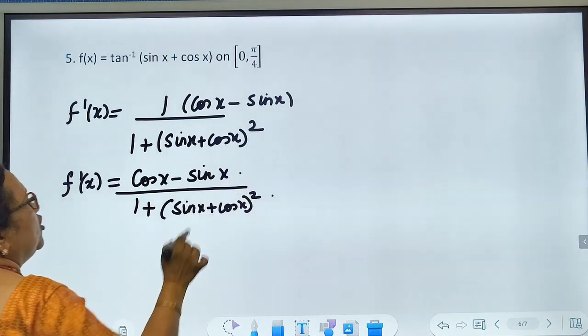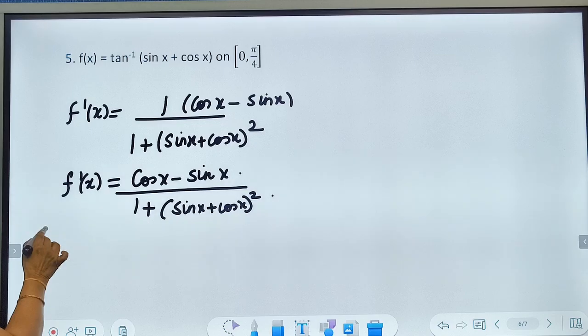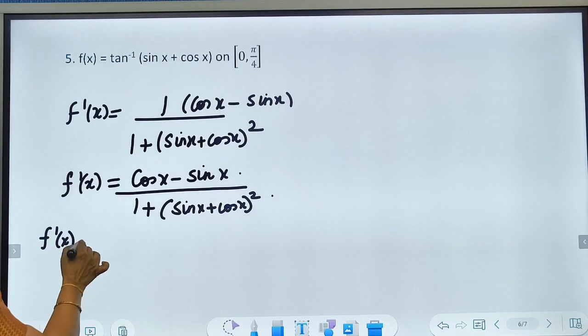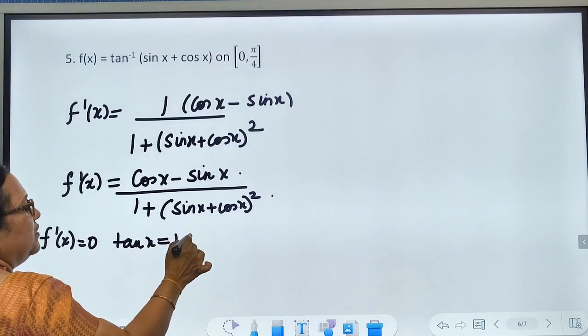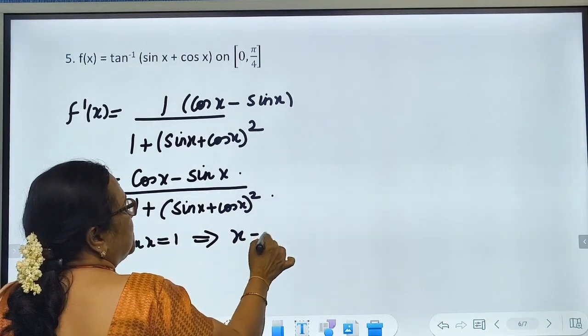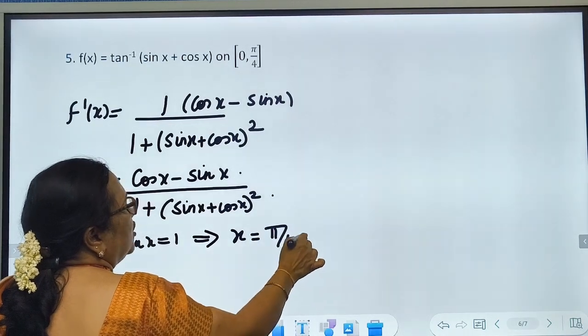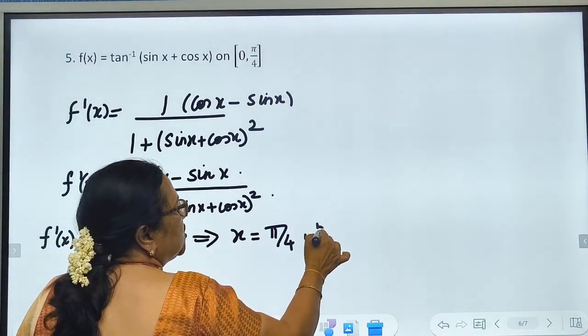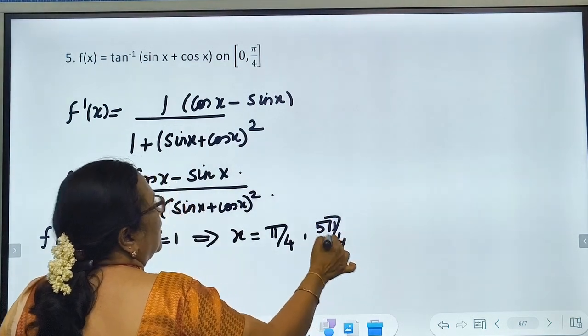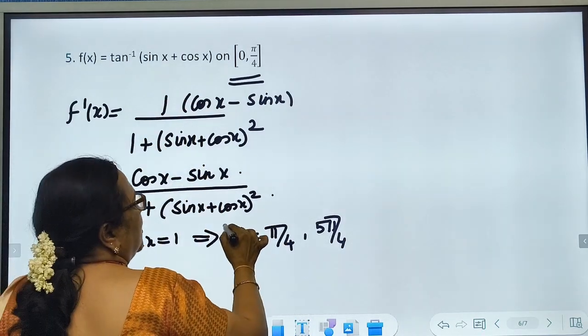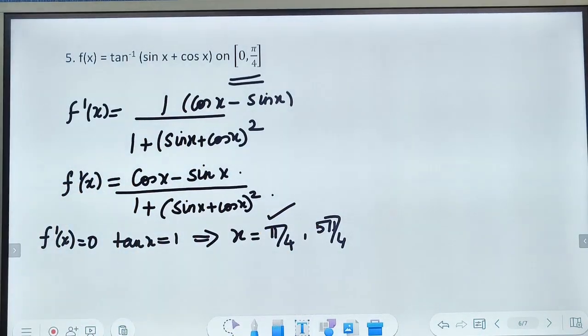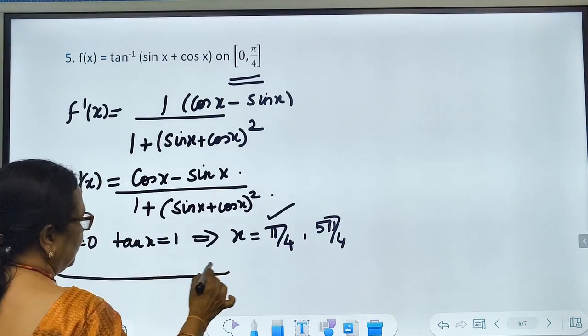The denominator is always going to be positive. Now, if f dash of x is 0, then tan x is 1, which implies x is pi by 4, or in the third quadrant pi plus pi by 4. But since we are restricted to the first quadrant, we are only interested in 0 to pi by 4. Okay. So if you look at 0 to pi by 4,